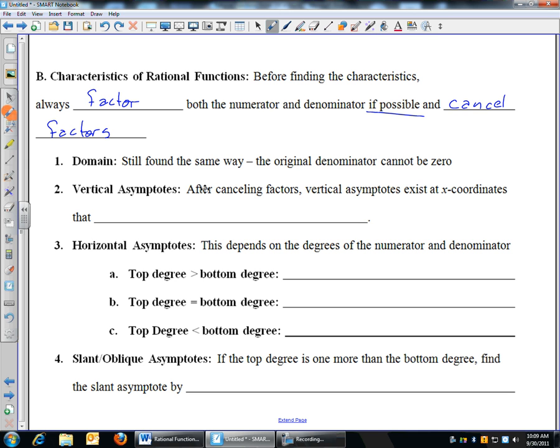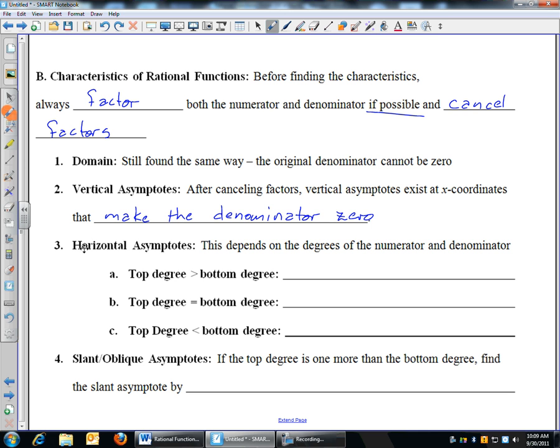Vertical asymptotes, after you factor and cancel, if you have anything on bottom that can equal 0, so if we have a factor left on bottom, any x-coordinates that make your denominator 0 is a vertical asymptote. And we'll do some examples of this in a minute. Boy, my writing is absolutely atrocious, but whatever. All right, anything that makes your denominator 0 that doesn't cancel